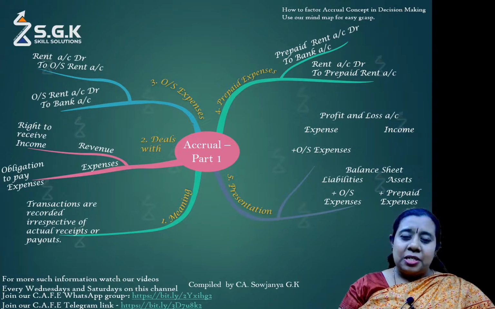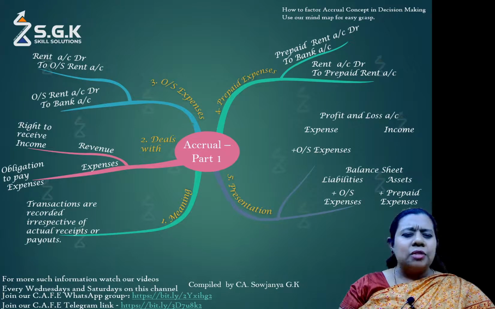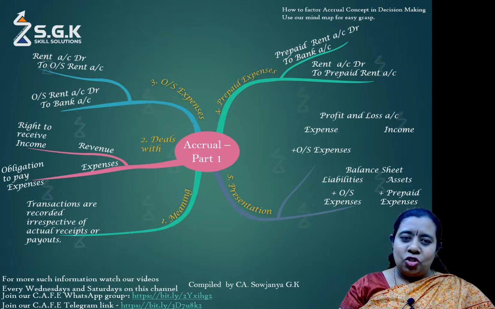So the outstanding expenses, an obligation yet to be discharged, are shown on the balance sheet under the liabilities column, and the prepaid expenses, an amount which is already paid out, are shown on the asset side. We've also given you the snapshot of the profit and loss account. A prepaid expenditure is never shown in the profit and loss account unless a rental expenditure for more than 12 months was factored, because anything in excess of 12 months is removed from the profit and loss account if it's already accounted there. Except for those reasons, a prepaid expenditure impact will never happen in the profit and loss account. It's directly in the balance sheet and adjusted with the expenditure.